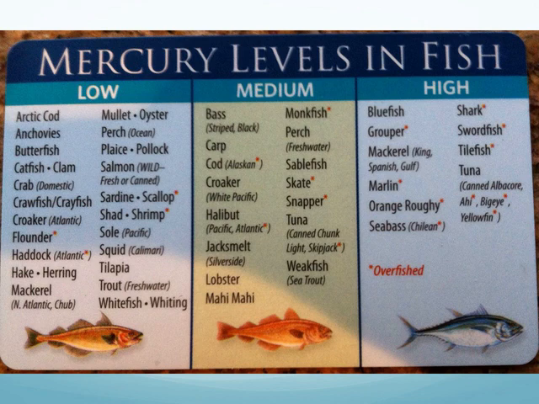Okay, now do keep in mind some of the fish in that low category have a red asterisk next to their name. When you see that red asterisk, that means that fish is being overfished. So it's probably a good thing if you don't eat those types of organisms. So for instance, if you were to eat wild flounder, this is not your farm-raised flounder now.